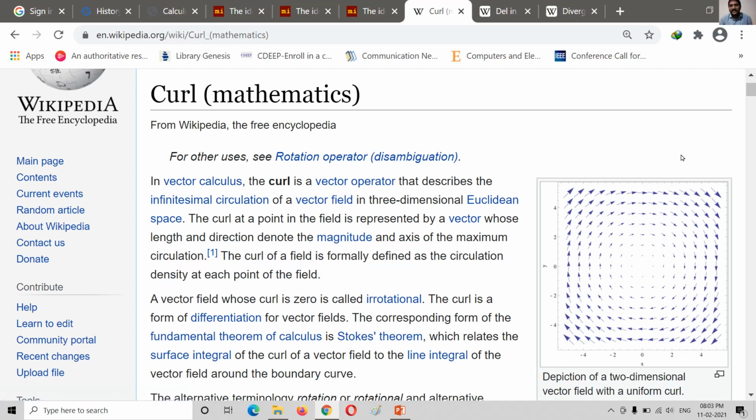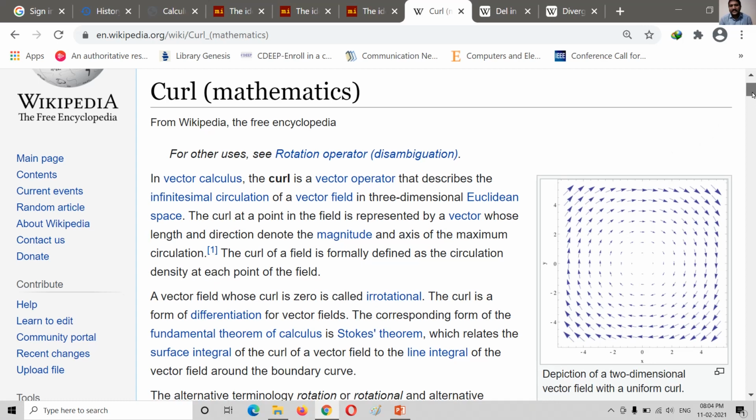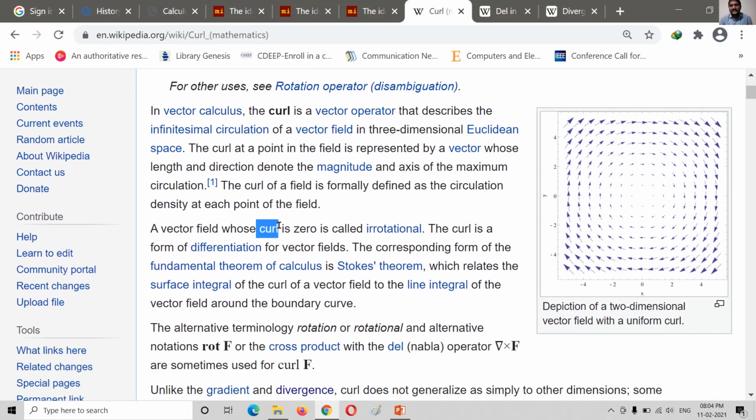Now at the same time, when the vector field has curl equal to 0, then it is known as irrotational. Consider the example of a whirlpool. Okay, if we take the example of a whirlpool, we know that at the last point we have the circular motion. It means that point is stationary and therefore the curl value will become 0. So when the vector field whose curl is 0, that is known as an irrotational field. It is known as an irrotational field.